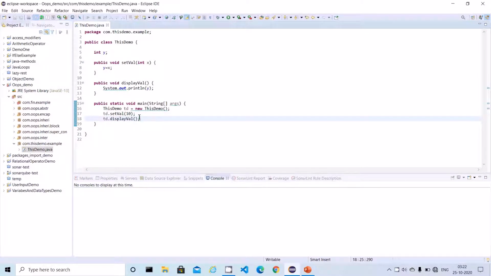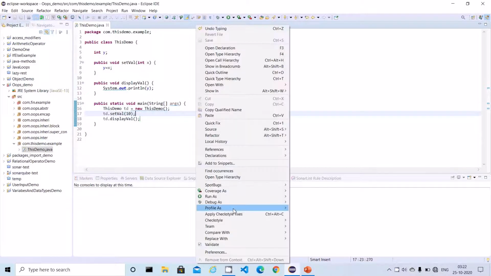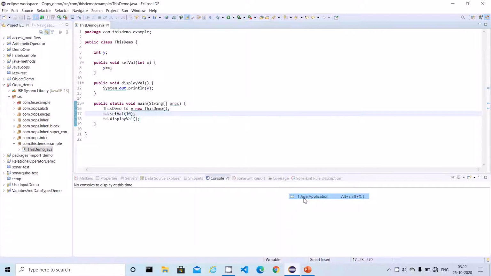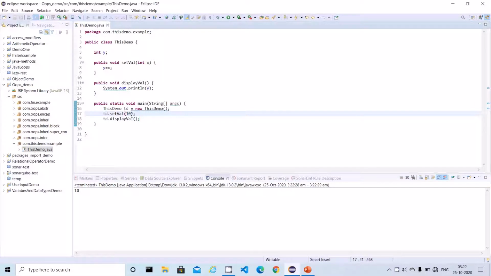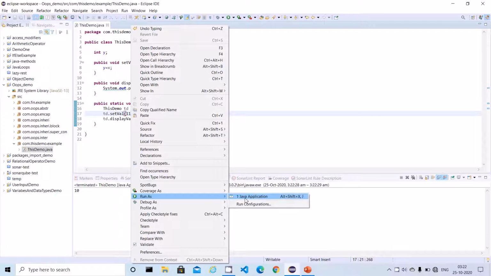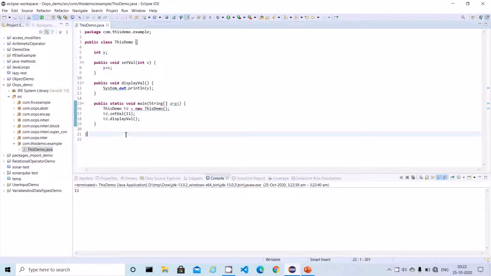So I'm passing 10 here and I want to display this value. Let me run this program and we'll see what value we get. We can see we are passing 10 and we are getting 10 as an output. Similarly, let me give a different value and we can see the same value. So far it's fine, it's working, whatever value we are passing it's displaying.